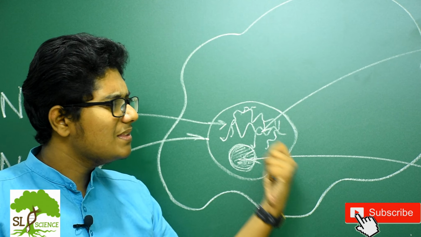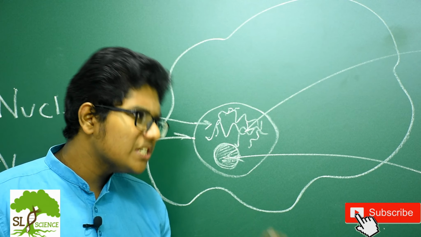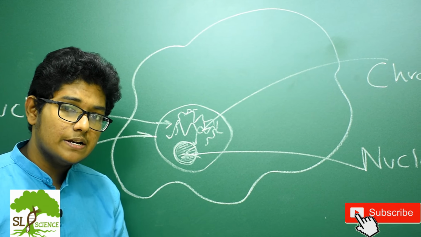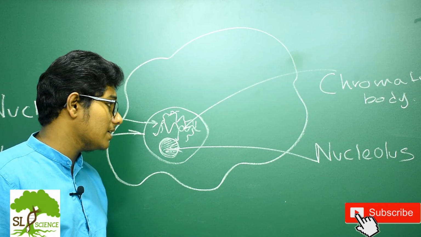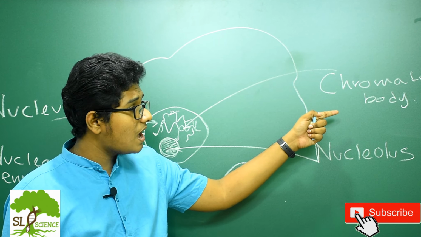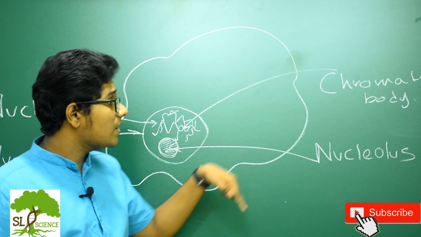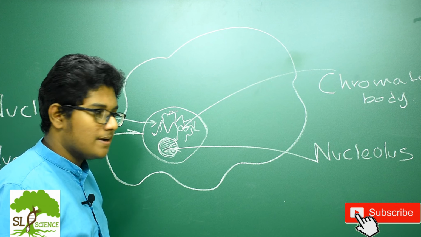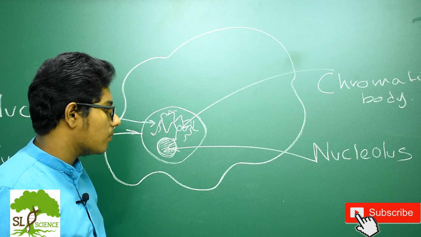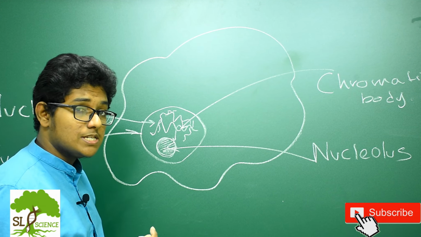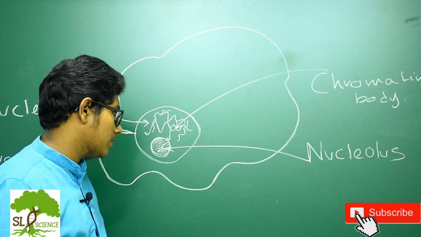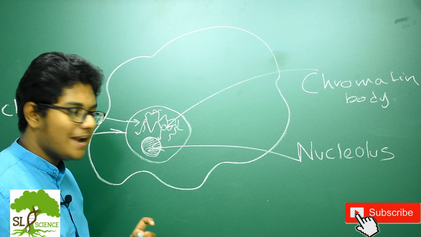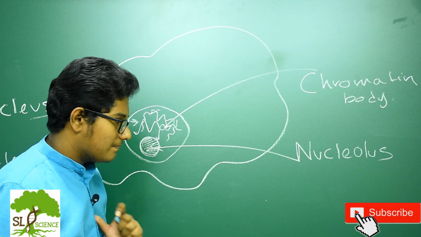When cell division occurs, these chromatin bodies are transferred to chromosomes. Chromosomes are made in both mitosis and meiosis, but in meiosis